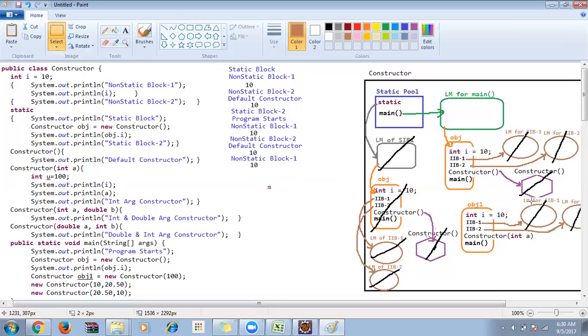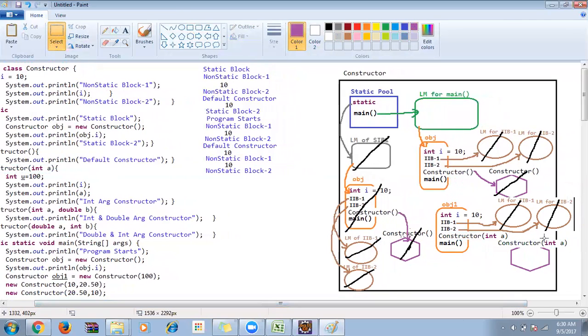Then next, the second non-static block 2 will be printed. Then after that, my matching constructor. So now it's going to create the constructor. The matching constructor means the constructor with integer a. So now what will happen? It will create a new variable, integer a equal to,